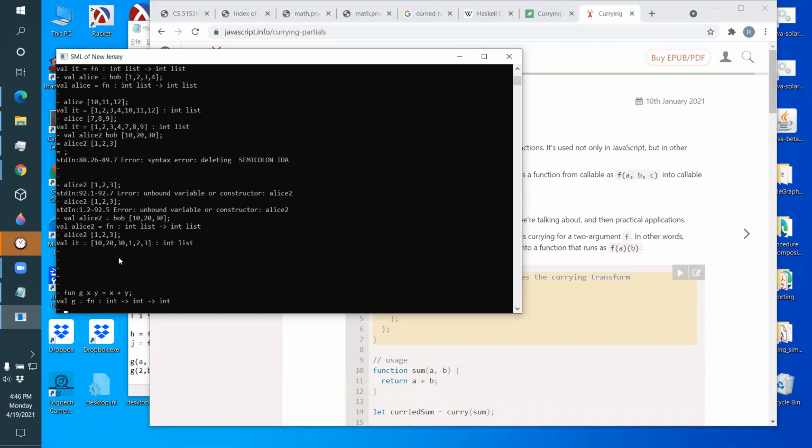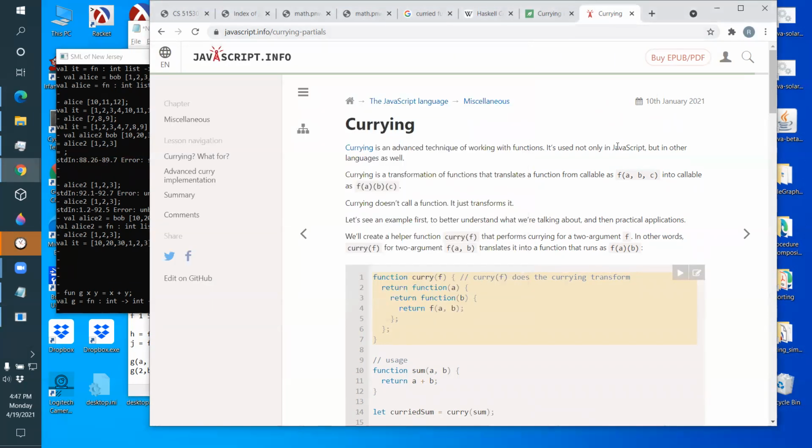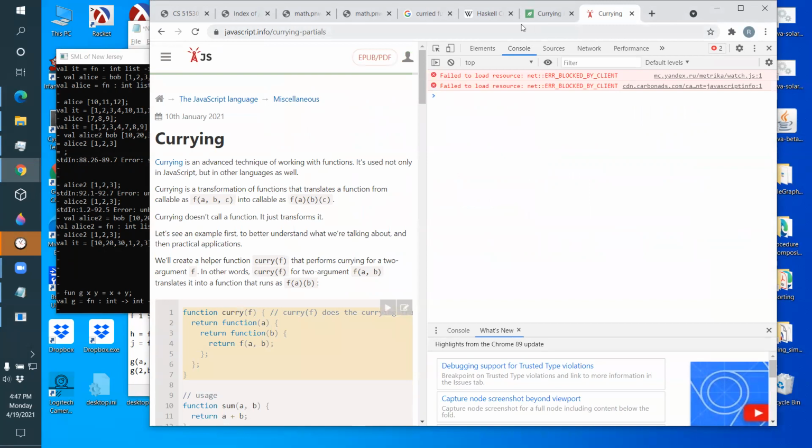Some people will argue, does JavaScript have curried functions? And the answer is, well, yeah, it does, if you're willing to write them yourself. If you're willing to do this hard work of, well, did I lose my